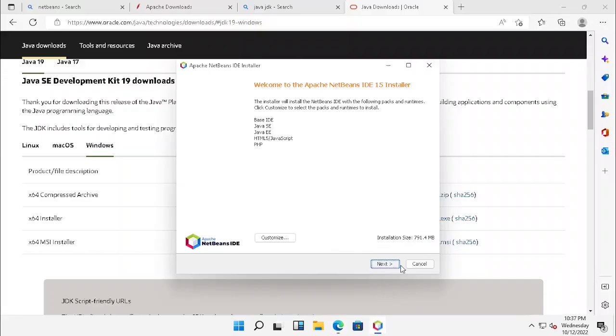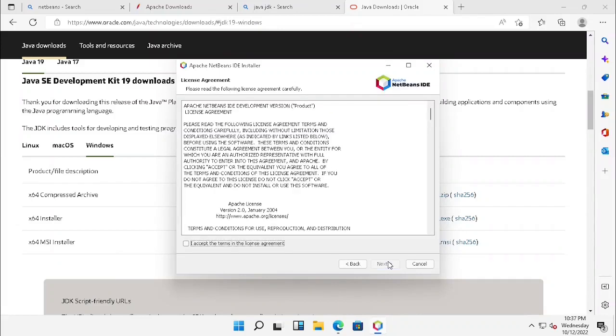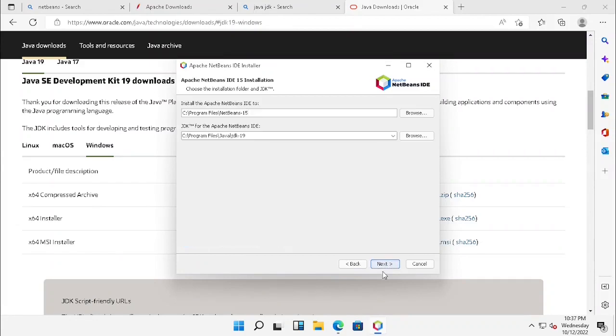Here we need to install all these packages. I'm just clicking next, accepting the license agreement and pressing next. If you want to change the location, you can change it, but here I am using the same location and pressing